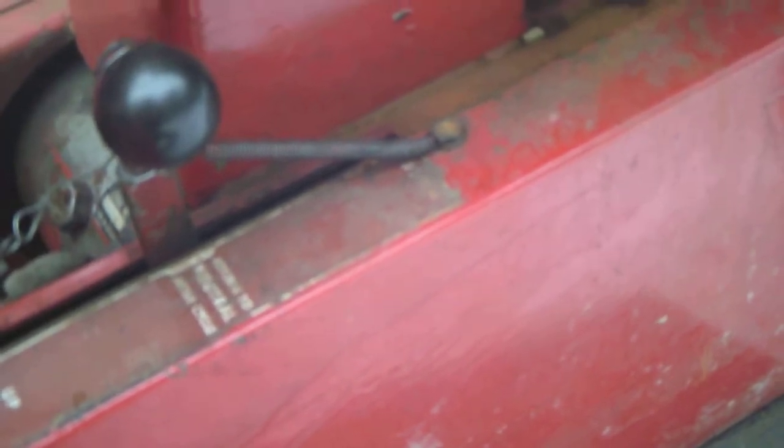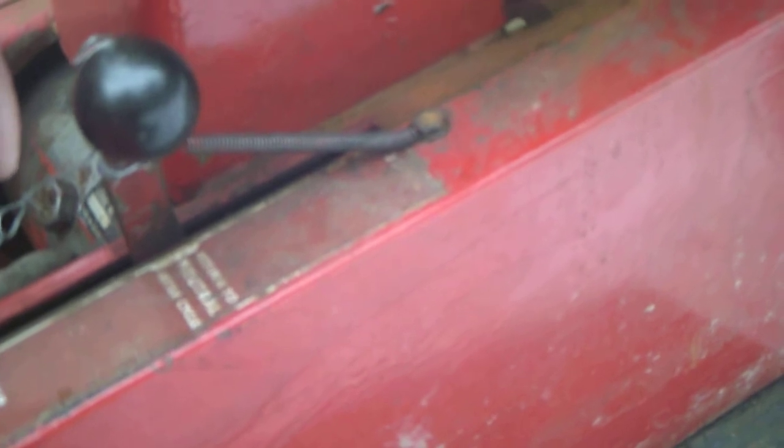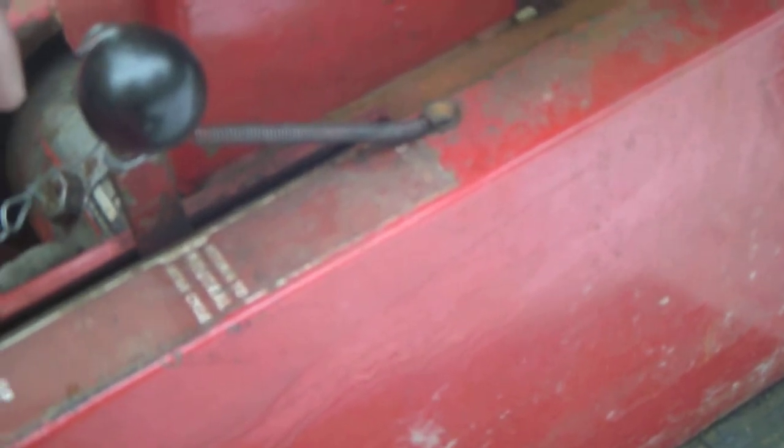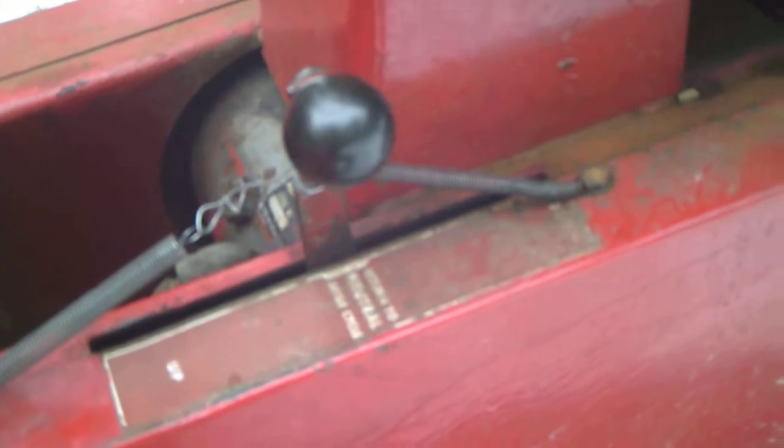When mine broke, one spring broke on one side, so it would pull back one way but not the other. And now during the snowstorm, the other side broke. And I didn't have time to take it apart, and I came up with this idea with these two springs